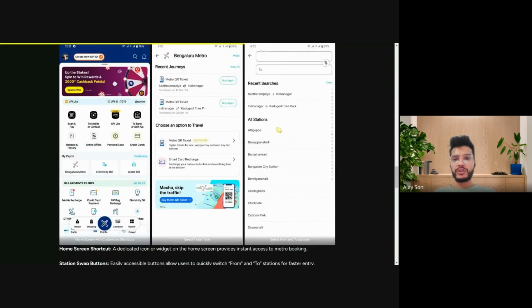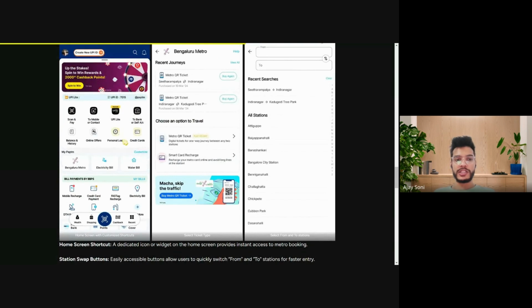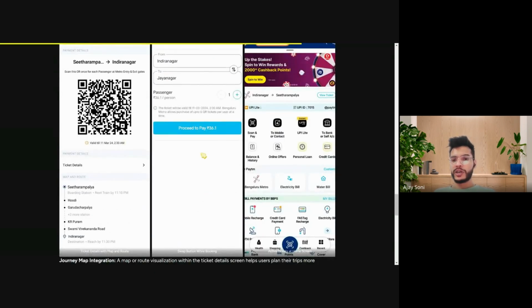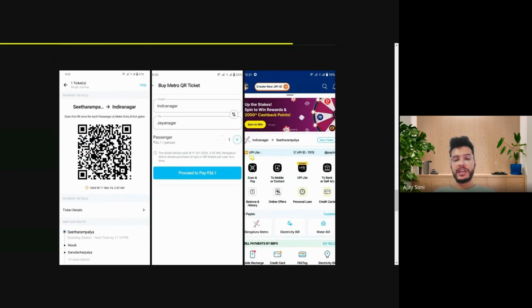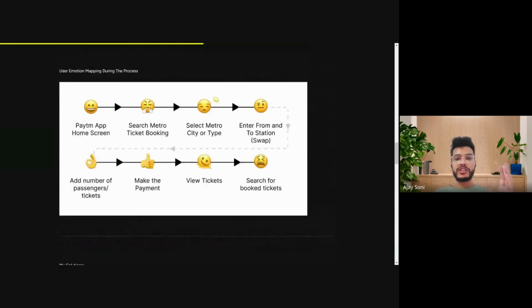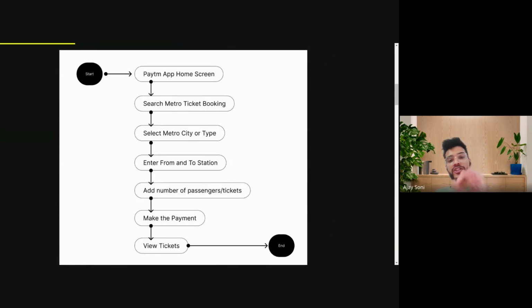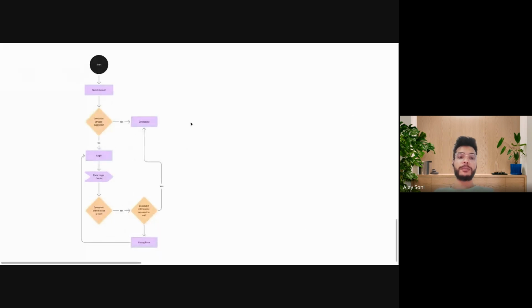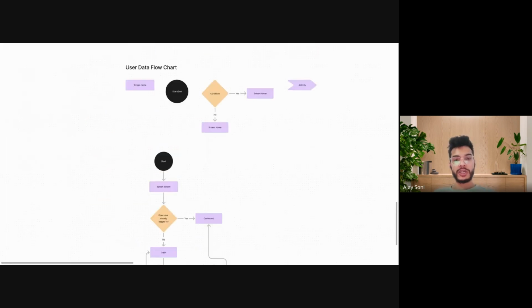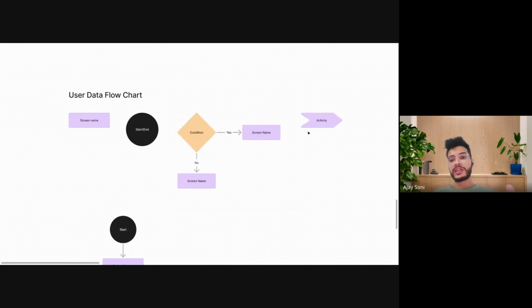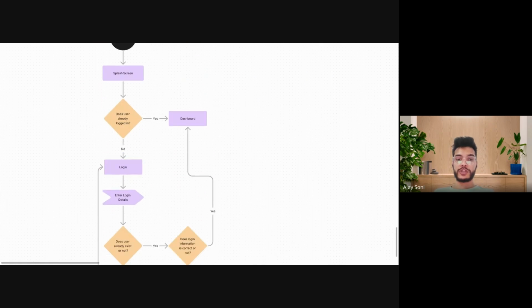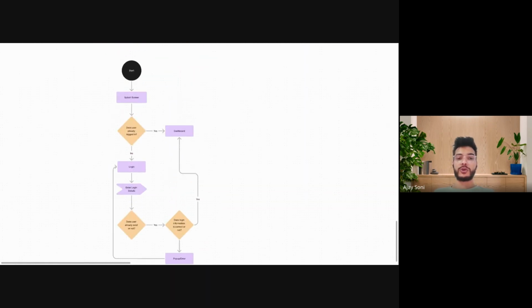Because here I designed for maybe 1, 2, 3, 4, 5 and 6 screens maximum. Yeah, 6 screens I just designed, so I just talk about 6 screens here. This is how you also have to make your user data flow chart. And these are some very basic things or guidelines that you can use just to distinguish between different elements of the user flow chart, so that a person can easily recognize all the things.